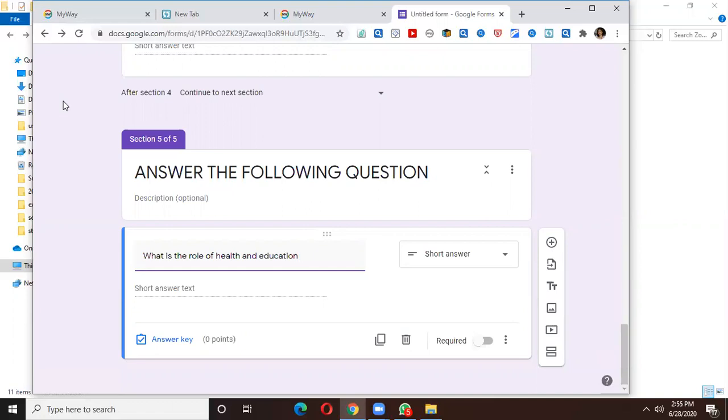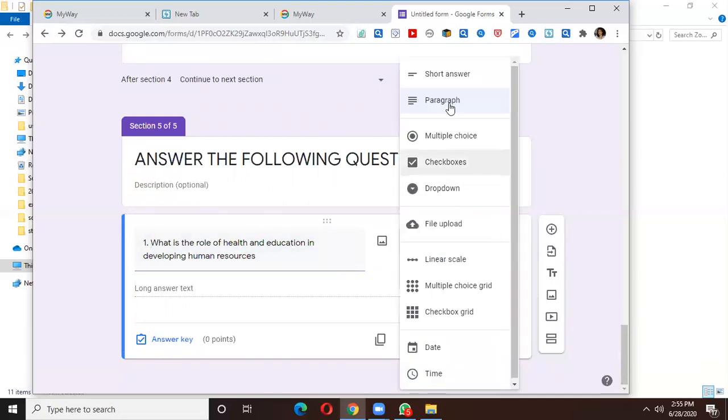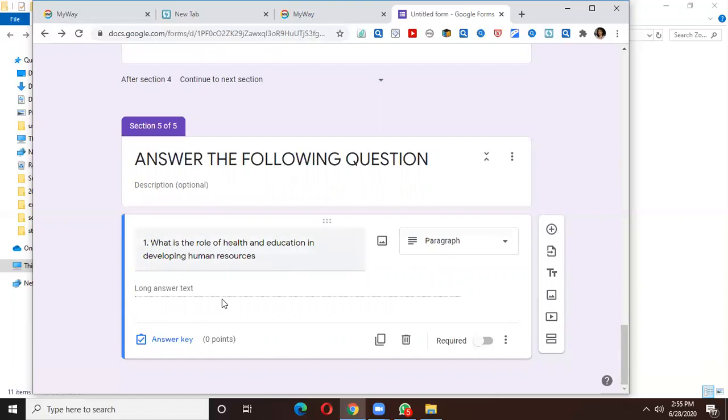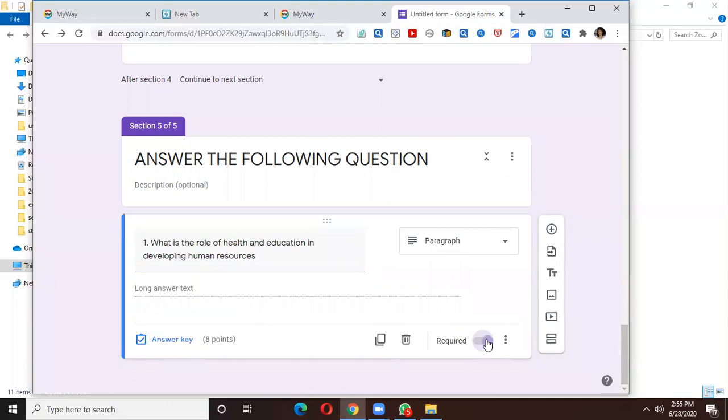What is the role of health and education in developing human resources? This is my first question. And this is a lengthy answer, which requires a paragraph. So I will select paragraph from here. And this answer is 8 marks, so I will add 8 points. And then I will do done and required.